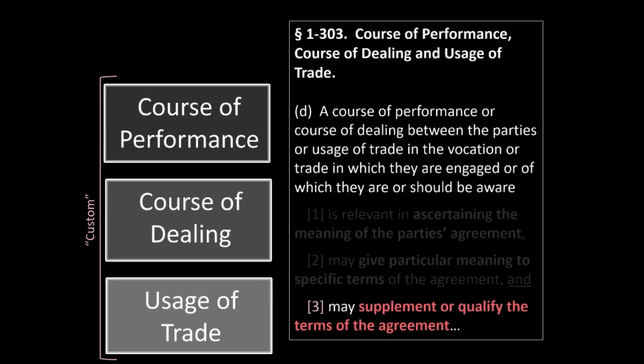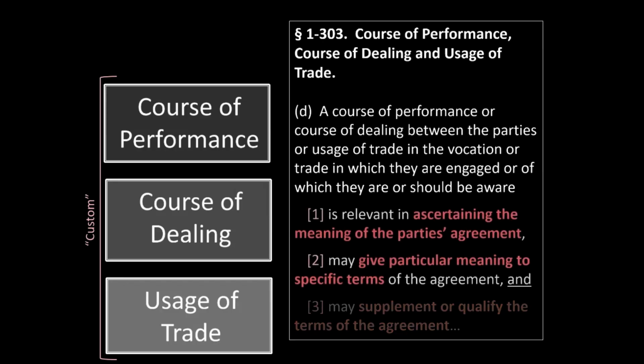Article 1, Section 303 goes on to tell us in subsection D. Subsection D states two important rules. First, customary terms supplement or add to the express terms of the parties' agreement. So beyond the express words the parties use to articulate the terms of their agreement, customary terms are also a part of the parties' agreement. Thus 303E makes it possible for one party to argue that additional terms beyond the express terms of the parties' agreement are part of the parties' contractual obligation. They supplement or are in addition to the express terms of the parties' agreement.